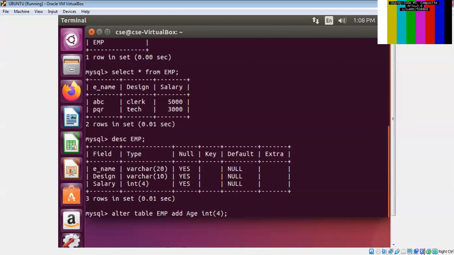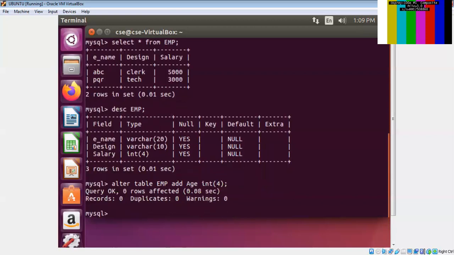So the syntax is alter keyword, table, the table name in which you want to add a new column, then add keyword, then the name of that attribute, data type of that attribute, and size of the attribute, right? Okay, that is done.